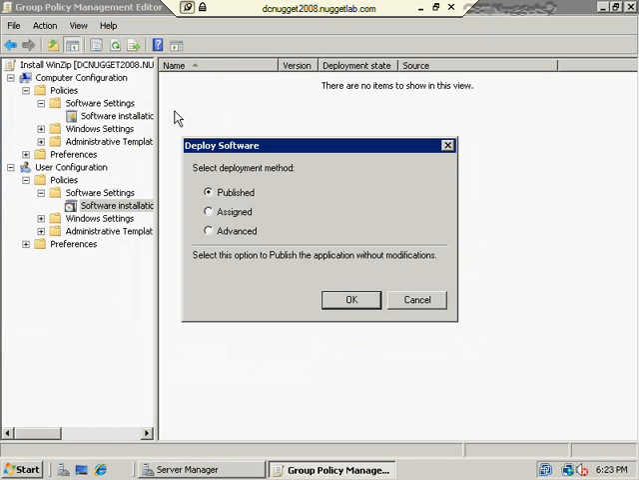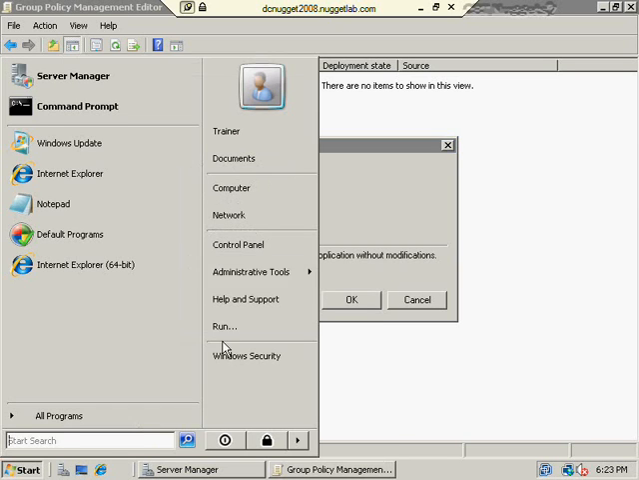Now I just double click on that thing, and I can choose one of these three methods. Let's talk about what these are. Published means that I don't really install the software. What I do is I make it available to the users to install themselves so that when they go to,